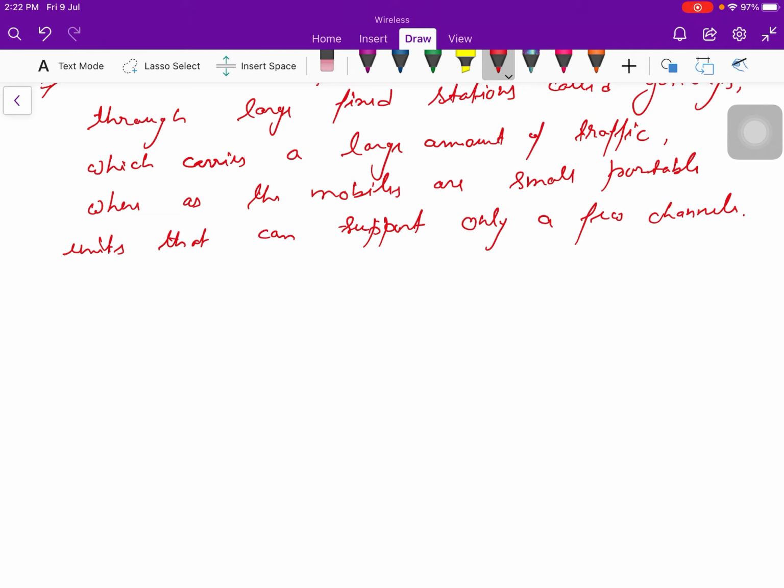A 3 to 3.5 kilowatt geostationary satellite with 5 to 10 spot beams is typically used for 2G systems, and a 5 kilowatt satellite with 100 to 200 spot beams is used for 3G systems. So these 2 points are important.